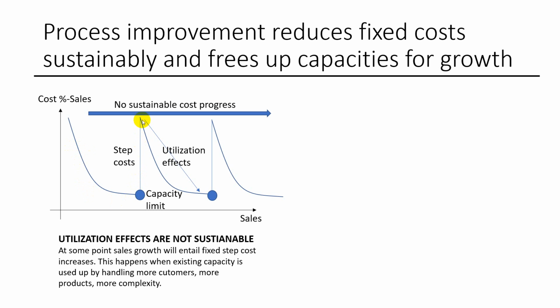And that, of course, increases costs quite significantly. Maybe you have to invest into new people, maybe you have to invest into new systems, and you have step costs in your business. Now, as you can see, you return to the point in terms of cost per unit of sales, or in percentage of sales, where you were actually coming from. And in the long run, you're just fluctuating between a situation of full utilization and partial utilization. This is not the target, clearly spoken.